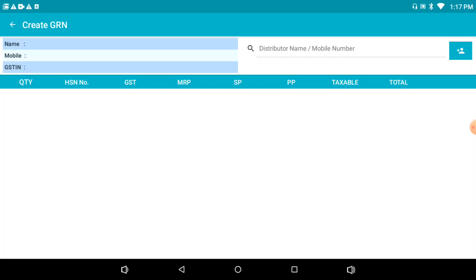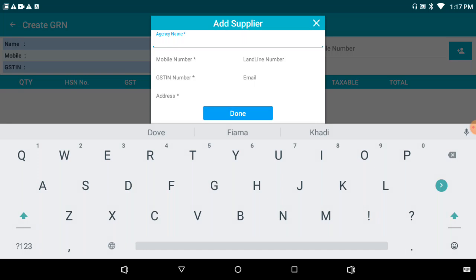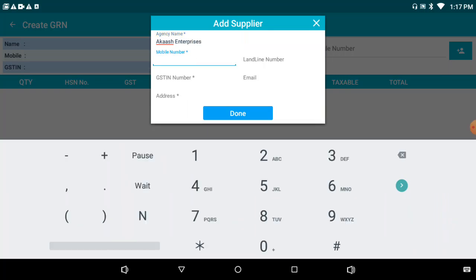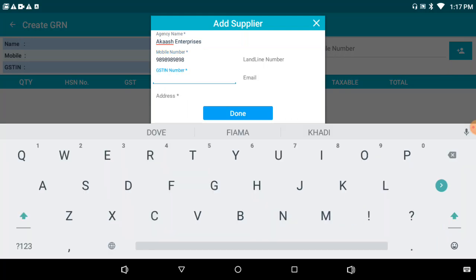We'll click on this icon and fill in the distributor details. I'm taking the mobile number as 98989898. GST number as something like this for the time being.